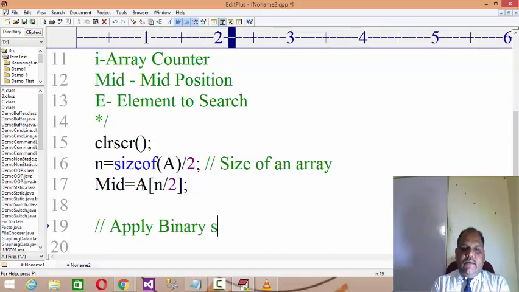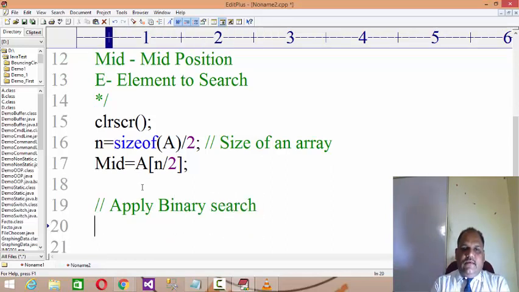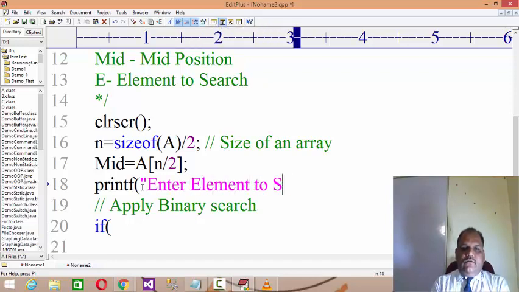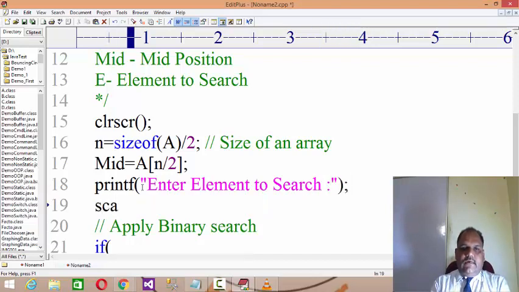First, you need to ask the user to enter the element to search also, right? Printf enter element to search, and you scan that particular element as well.